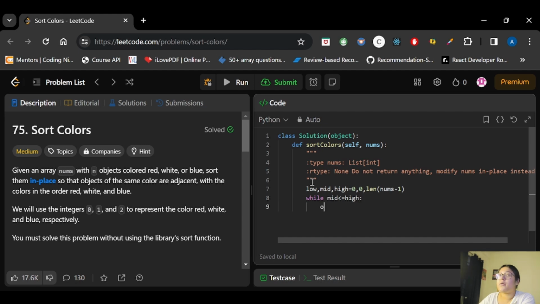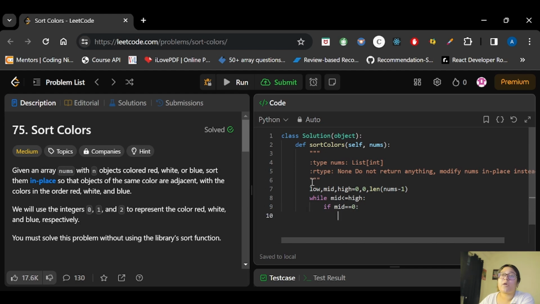Now if my mid value is equal to 0, what I was doing is swapping the low and mid values, right? So I will have nums of low and nums of mid, and we will simply swap these values.